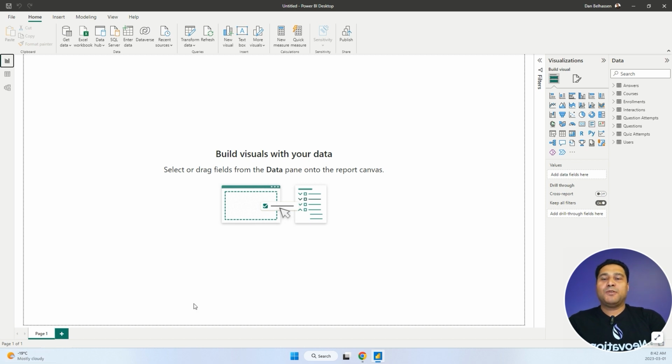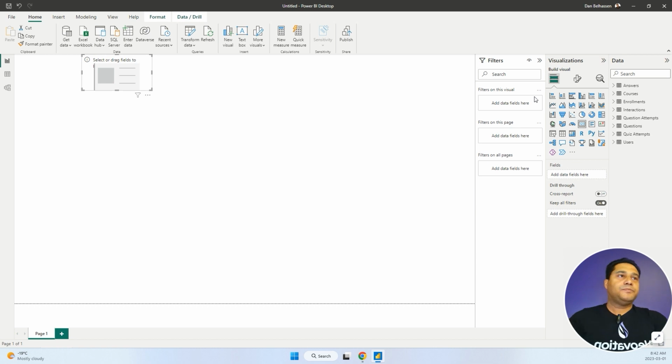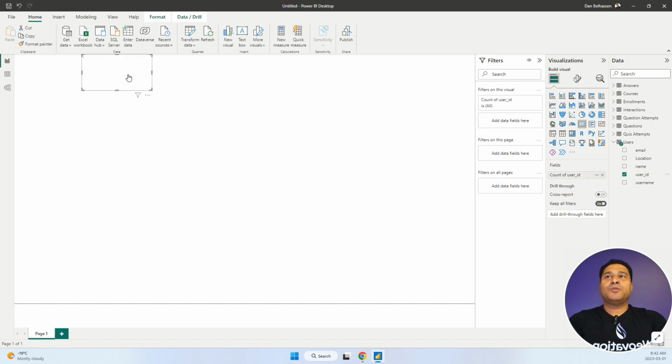Okay, you can have multiple different pages, which we'll look at. First thing we're going to do is add a data card, pretty much the simplest type of data that you can present. So what I want here is the total number of users. I'm going to go over to my users here, and I just want the total number of users. I know every user has a user ID, so I'm going to drag my user ID into this